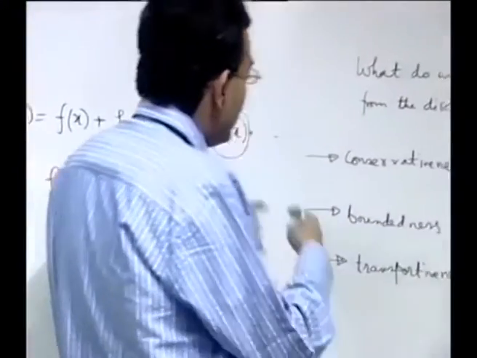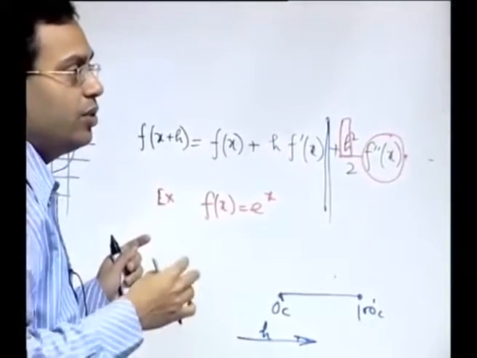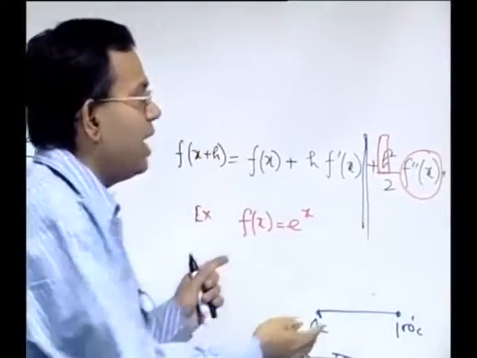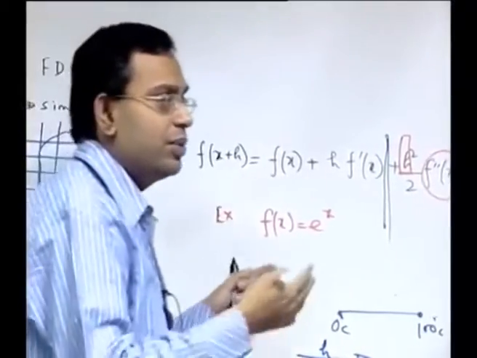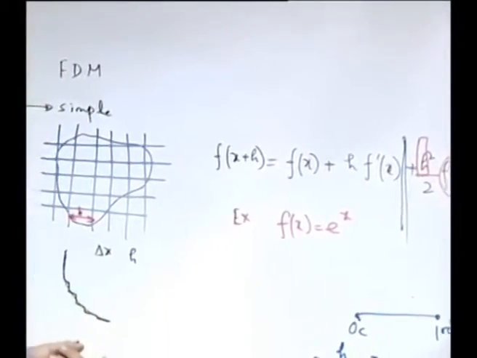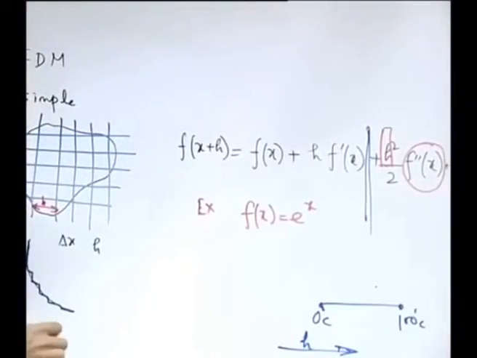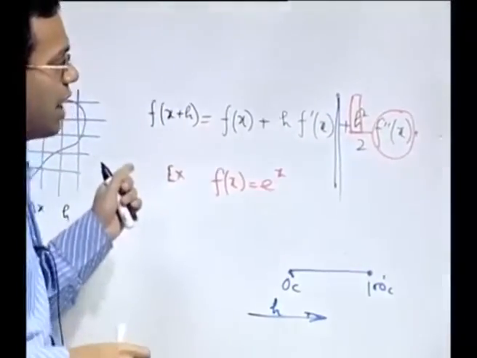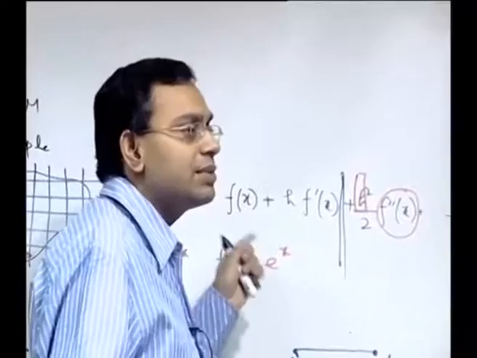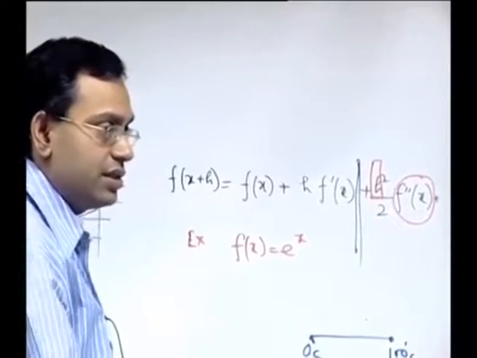Of course, we are not yet in a position to check the requirement of transportiveness. We will come back to that when we consider fluid flow as a part of the physical problem. The examples that we have cited so far are based on pure diffusion type problems like heat conduction problems. When we consider fluid flow problems as examples, we will revisit this requirement of transportiveness. So we can see that the finite difference method has certain pitfalls. Of course, its simplicity is one of its biggest advantages, but otherwise it has its own limitations.